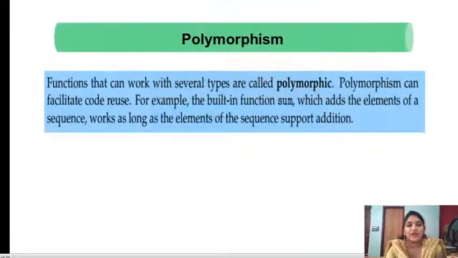Next, coming to polymorphism. This is a well-known word, familiar to programmers. Functions that can work with several types are called polymorphic. Polymorphism can facilitate code reuse. For example, the built-in function sum, which adds the elements of a sequence, works as long as the elements of the sequence support addition.